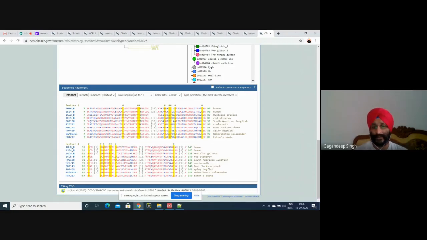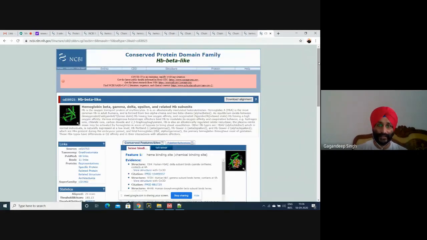for our further analysis. This is basically a locally aligned sequence, meaning we have identified a particular fragment which is functionally important in our sequence. We can easily find it by using a conserved domain database. There are several other databases as well. This is one database, which is known as the conserved domain database.